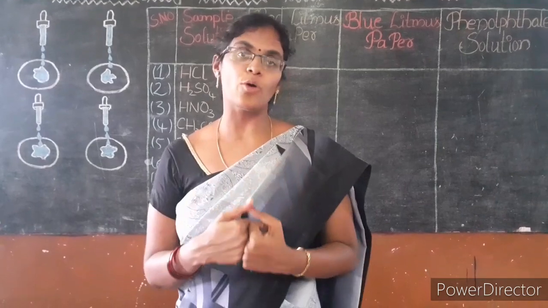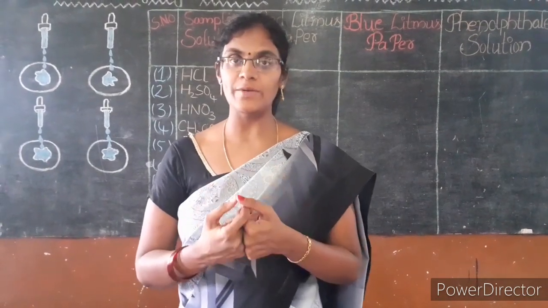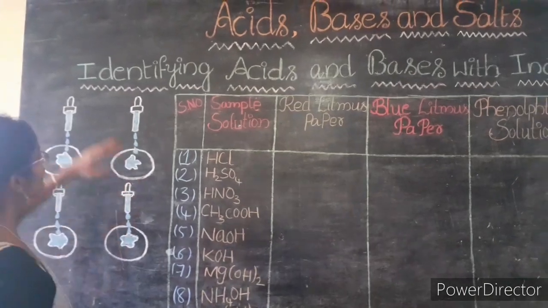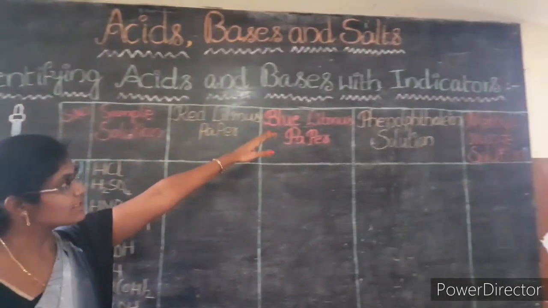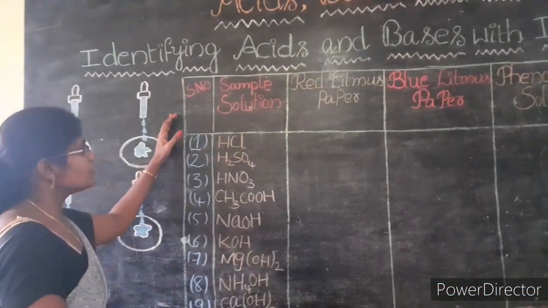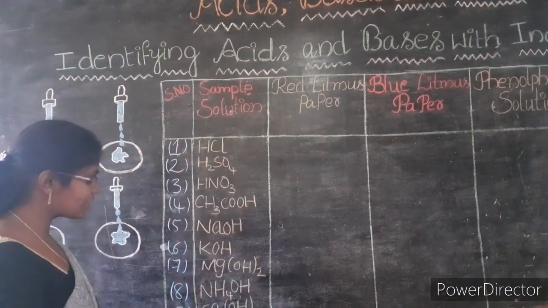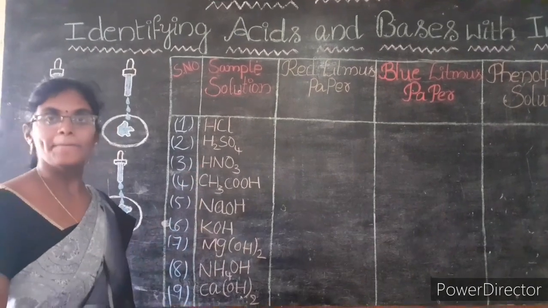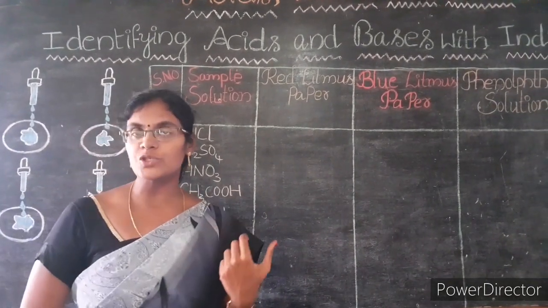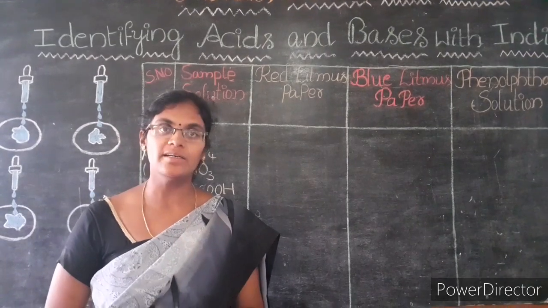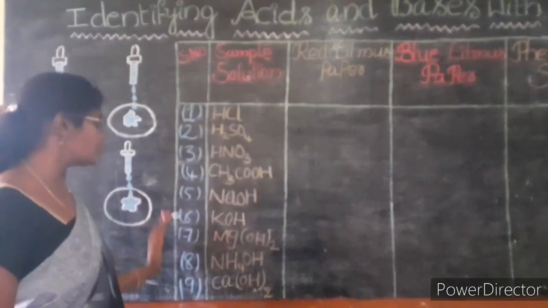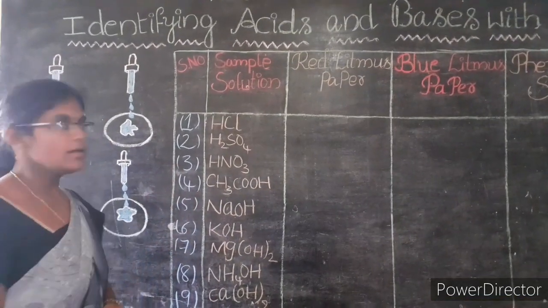On the basis of this knowledge, now I am going to explain activity 1. In activity 1, we are identifying the acids and bases with some indicators. Look here, children. Here I am considering some acids and bases. Already in the previous video I have given the list of common acids and bases. If you read that information you already know this clearly.